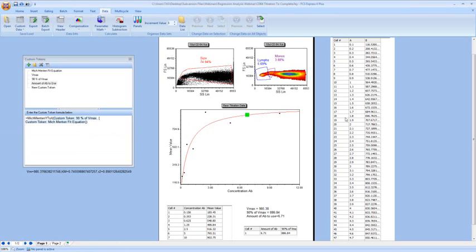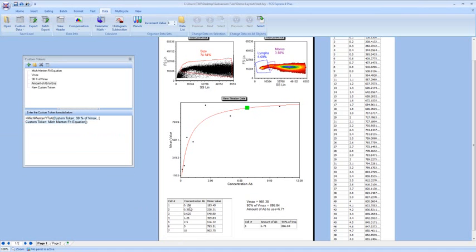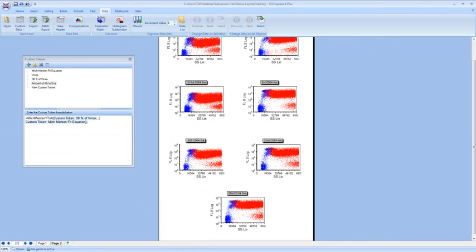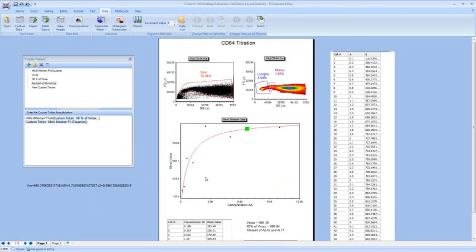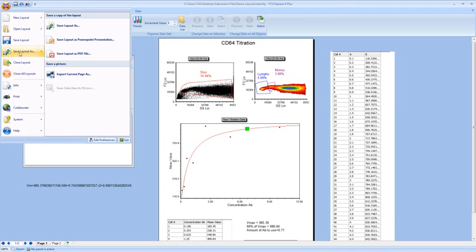And when you have new data to load into here, since all of our concentration values are stored as keywords, all of our mean values are stored as tokens, when we actually update the data, and we do this experiment next week or a similar experiment to it, we bring in all the new data, all of your regression analysis is going to update with that new data. So once you've defined this kind of layout once, it's set, it's done, and you can bring in your new data. All of it's going to update automatically,